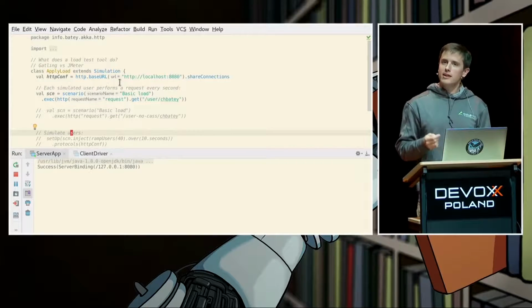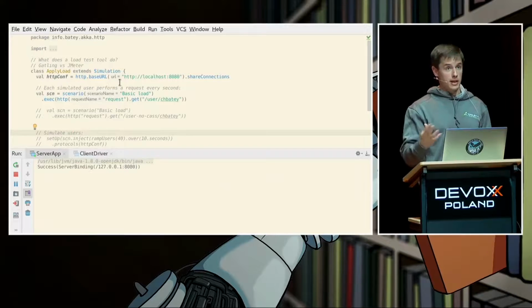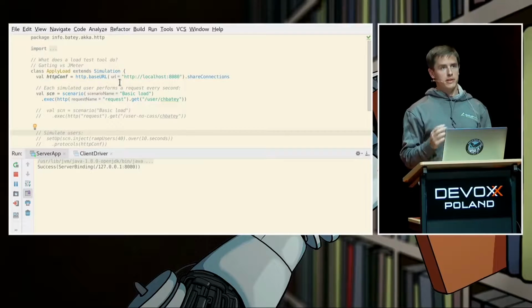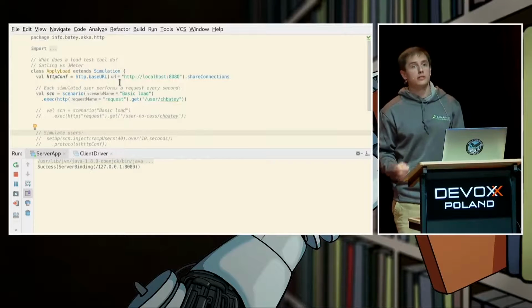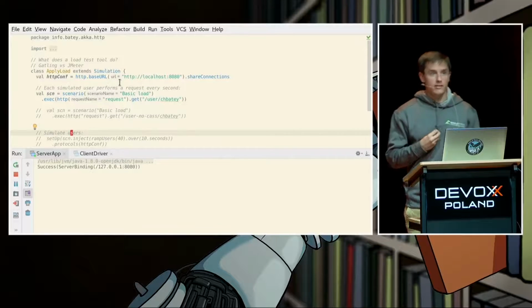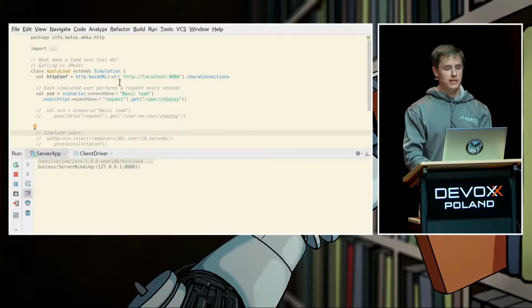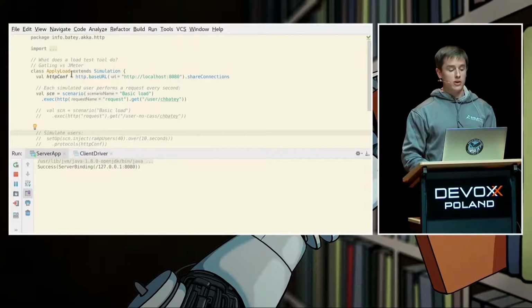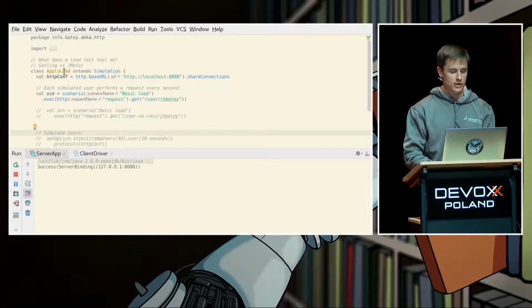However, a lot of our favorite ones on the JVM, like JMeter, map a user client to an operating system thread. So if you need to simulate 500,000 users with JMeter, how many threads do you need? 500,000. How big a box do you need to generate that? How many machines do you need to generate that? This one I'm using here is called Gatling. It's an async load test tool. I find it quite useful, so it's worth checking out.